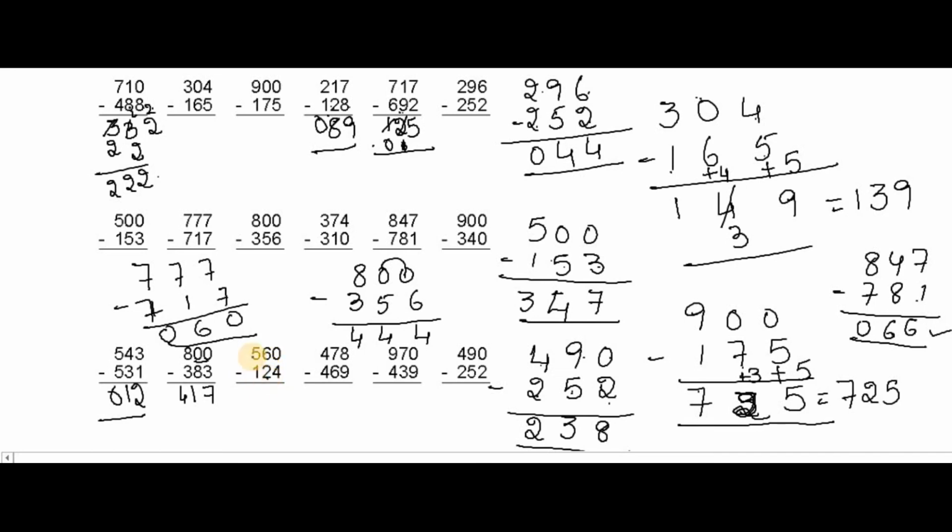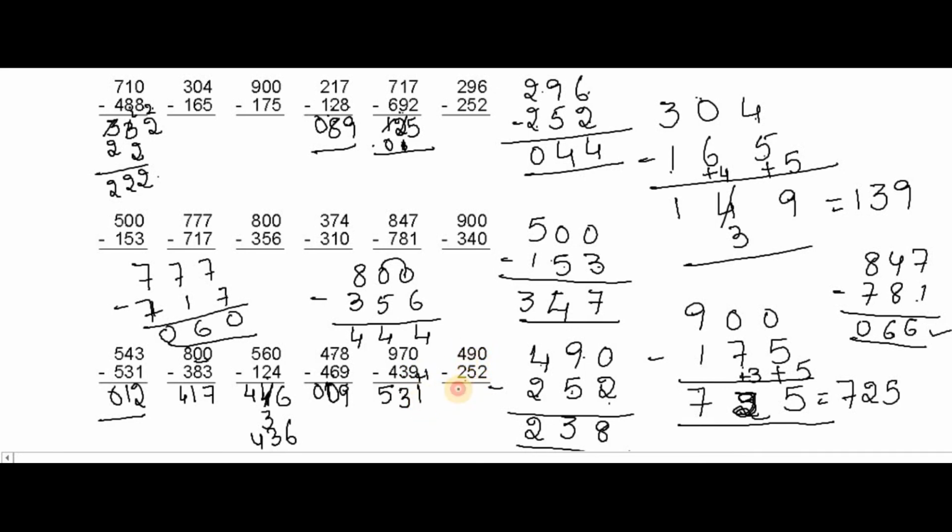As 6 minus 2 is a match combination, we will write 5 minus 1 is 4, 6 minus 2 is 4. And 0 minus 4 is a mismatch, so we will not write 4 here, we will write 3. And the complement of 4 is 6, so 0 plus 6, the answer is 436. 7 minus 6 is a match combination, so 4 minus 4 is 0, 7 minus 6 is 1, whereas 8 minus 9 is a mismatch, so that is the reason it also becomes 0. And for the complement of 9, it is 1, and 8 plus 1 is 9. And this one, 7 minus 3 is a match combination, so 9 minus 4 is 5, and 7 minus 3 is 4, but 0 minus 9 is a mismatch, so we will not write 4, we will write 3. And the complement of 9 is 1, 0 plus 1 is 1.